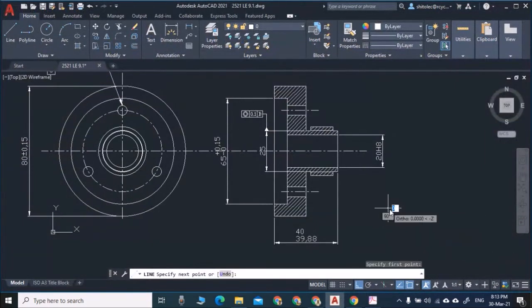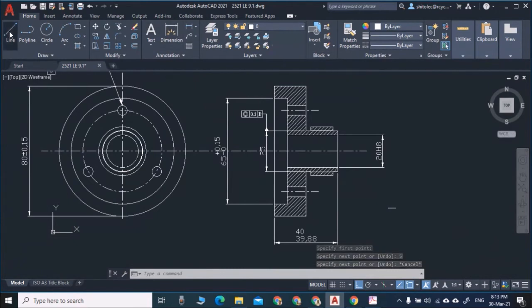So I will click anywhere, and now I will draw the vertical horizontal line, 1 or 5 or 6, 7. It depends on what you assume. So I will check with 5, enter, escape. Yeah, this is a little good.